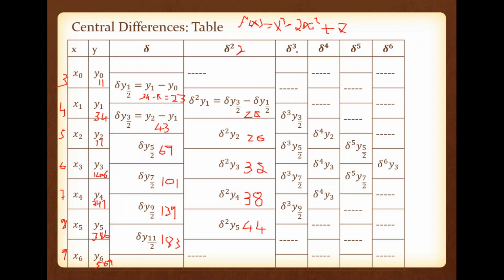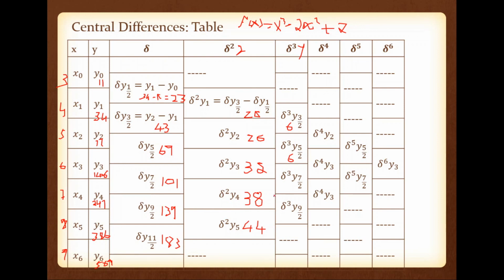Now we are going to calculate the third central difference, delta cube y. So the first ones are delta square y1 and delta square y2, which are the available data for this calculation. Now what is the midpoint of delta square y1 and delta square y2? That is delta cube y 1.5. So that is equal to 26 minus 20, that is 6. Okay. So what about delta cube y 5 by 2? That one is the central difference of 3 and 2, meaning 32 minus 26. So here also you can see that 32 minus 26 is 6.